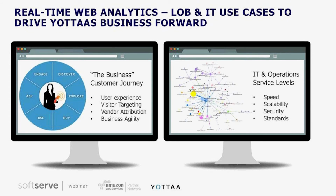From discovery, where the focus is on search engine optimization, to exploration, where the focus is on speed, and then all the way through ongoing engagement with the platform, where personalization, product recommendations, localization, et cetera, are really key components. If you look at that same business problem from an IT perspective, then you get a request map like the one that I'm showing on the right side of the screen, where you just have such a dizzying array of